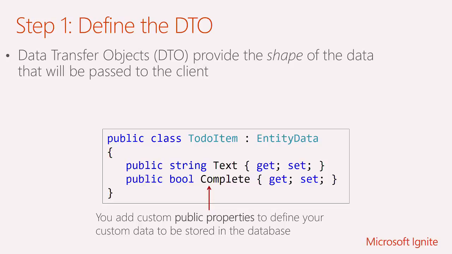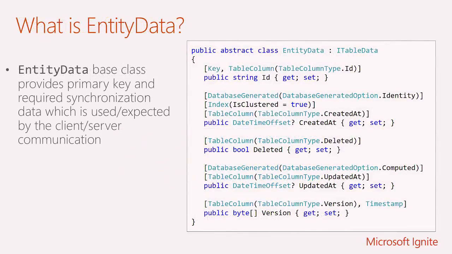There's a few rules that you'll use with these custom properties as well, just to indicate other aspects, like maybe you want to add a property that isn't stored within the server database. In that case, you can just ignore those properties. So for example, you've got the first name and last name. You want to have a full name property, but you want to ignore that and not save that to the database. So entity data is really just a baked-in class that we can use to inherit from that has all